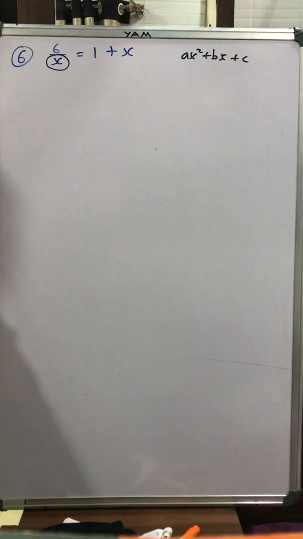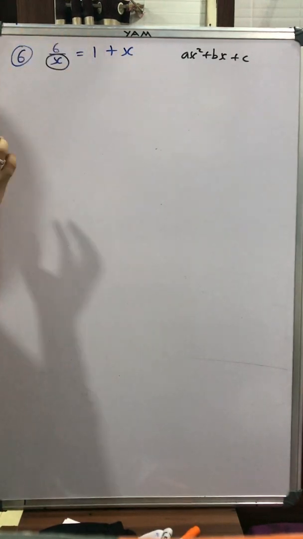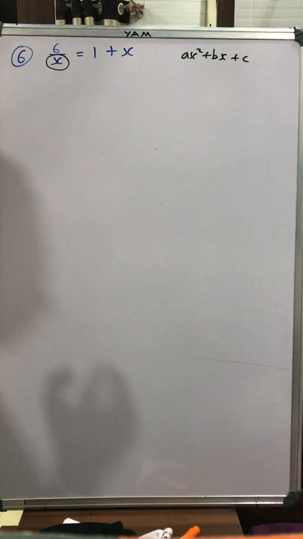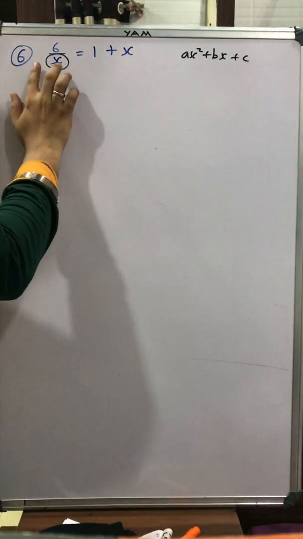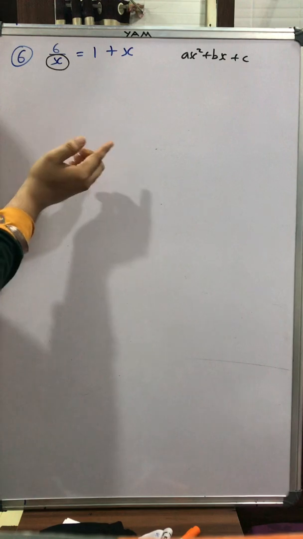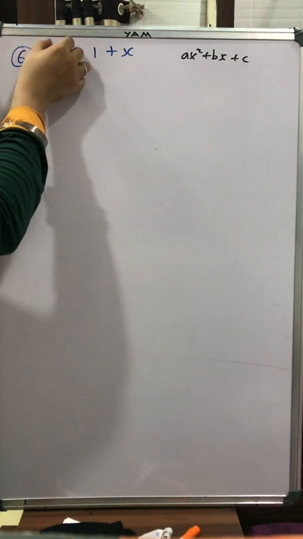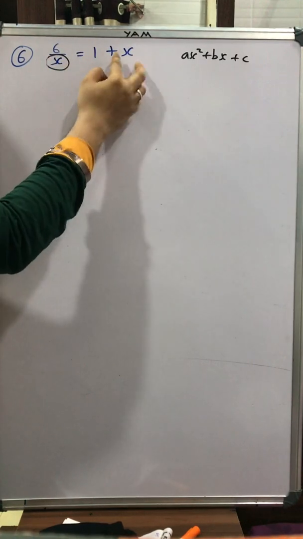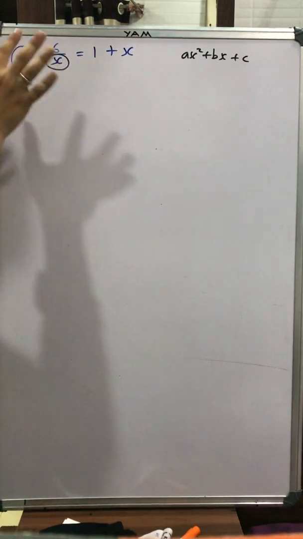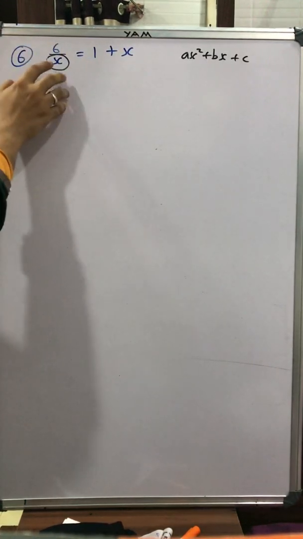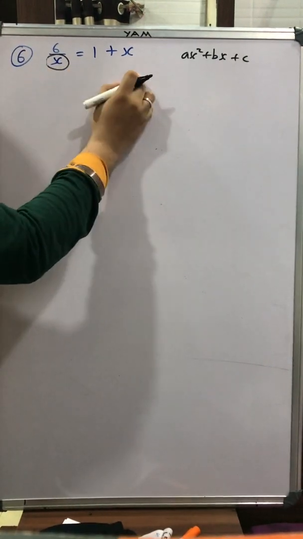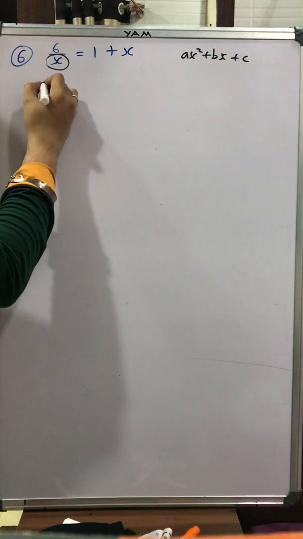I have a total of 3 terms, first, second and third, and I'll multiply all the 3 terms with x. If I multiply x with this term, this x and the multiplied x will be cancelled off. And of course here 1x will be introduced. But the reason for this step is to eliminate x from the denominator. So multiplying on both the sides, or all the 3 terms, with x, I will be remaining with